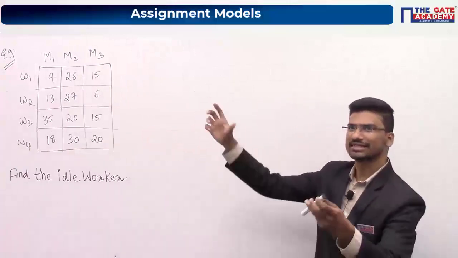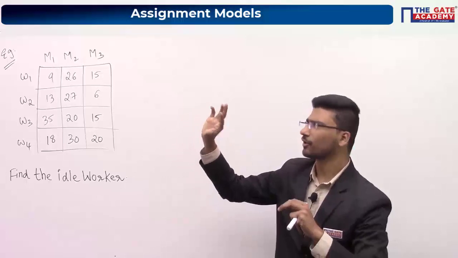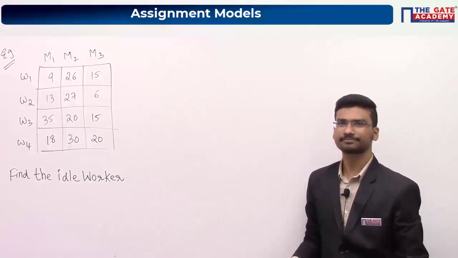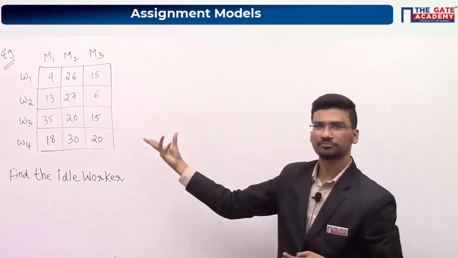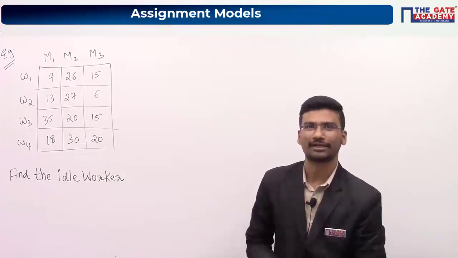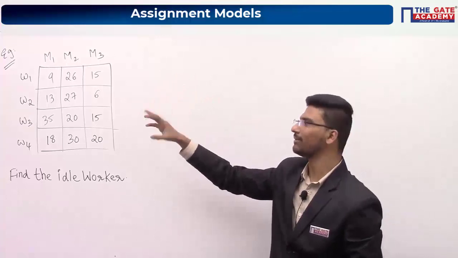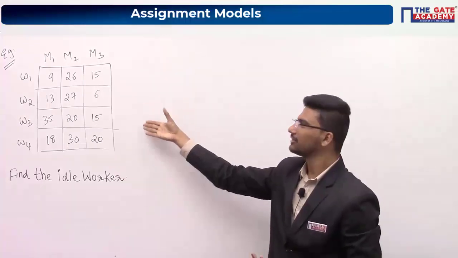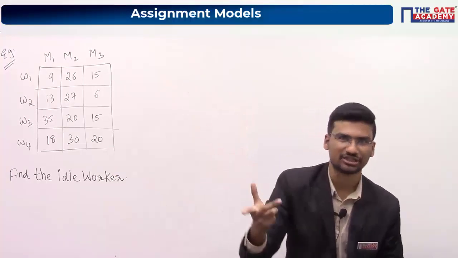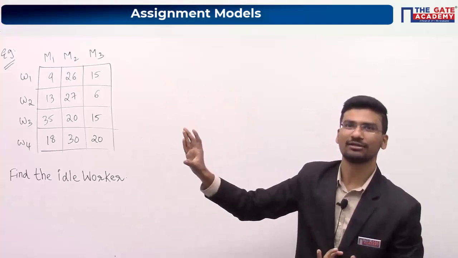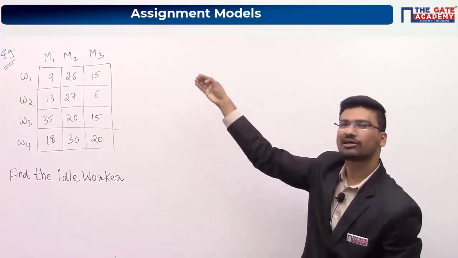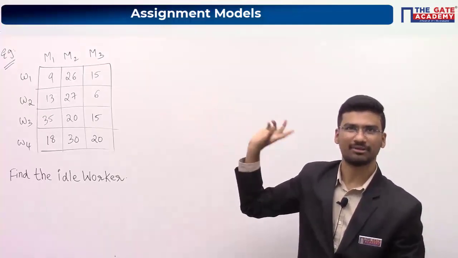Someone was asking this doubt, if I remember. That means when the number of machines is not equal to the number of workers, what should we do? Now have a look at the question. What we have done in transportation is add a dummy supply point or dummy demand point. Same thing, you can add a dummy machine or a dummy worker. What do we have to add here? You have 4 workers and only 3 machines. That means you have to add 1 dummy machine. Otherwise you cannot apply the Hungarian algorithm. Now the cost values will be 0 for that particular dummy machine.